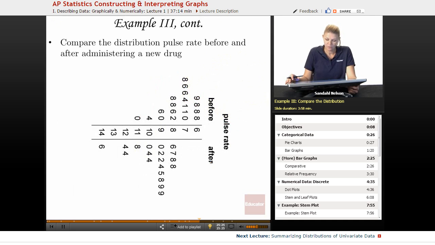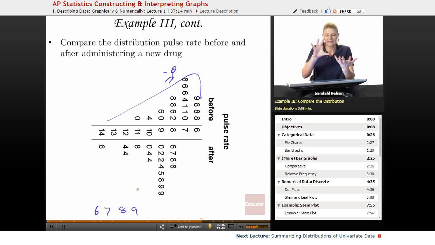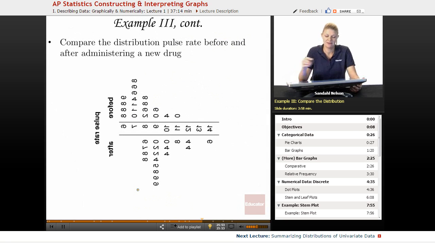But if we were to turn it just on its side, we would see that it's kind of the opposite way, right? This looks like you'd want to ski down this way, which would be ski left, but we always want our number lines to be smallest to largest, right? So we'd want it to go 6, 7, 8, 9, but this is going 14, 13, 12. So you kind of need to flip it in your mind, right? You want to get a mirror image. So we're going to go ahead and flip it. We'll actually flip it. So we've turned it to a mirror, and now we can say that the before